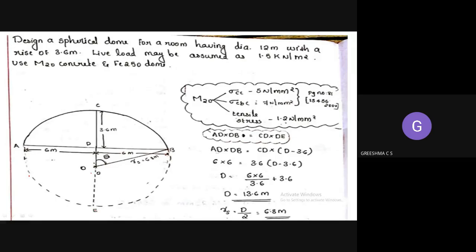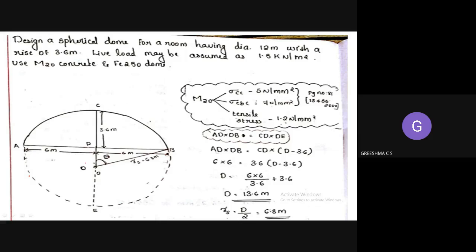Okay, so we don't know this dimension DE, but we know that this whole thing is the diameter of the circle. This CE is the diameter of the circle. Why? Because this line is passing through the center point, you can see. Okay, this is center O. CE is a line passing through the origin, so with this we can understand that CE is actually the total diameter of the circle.